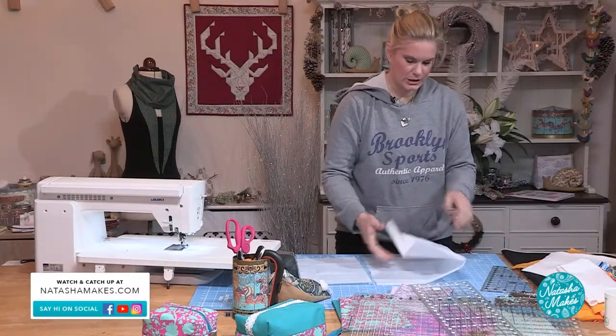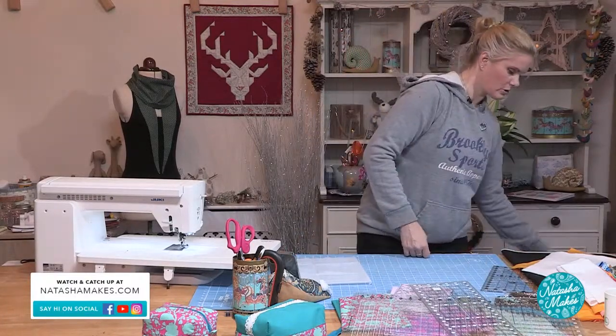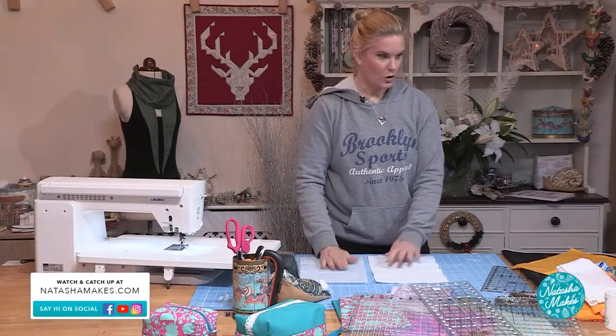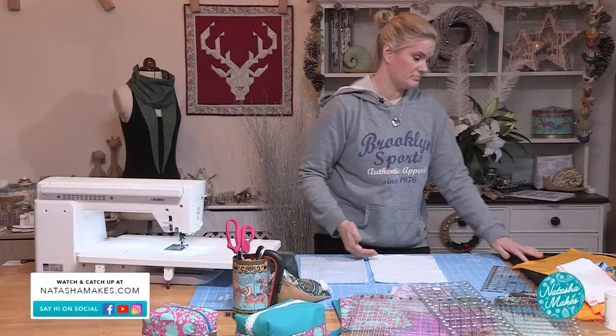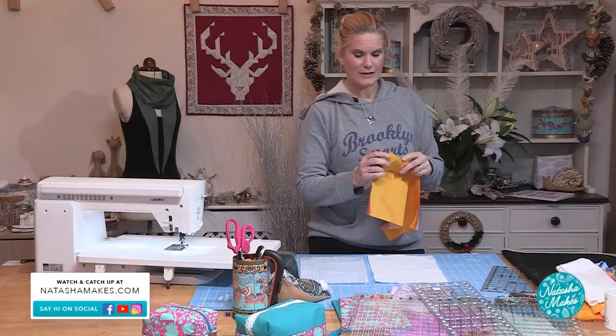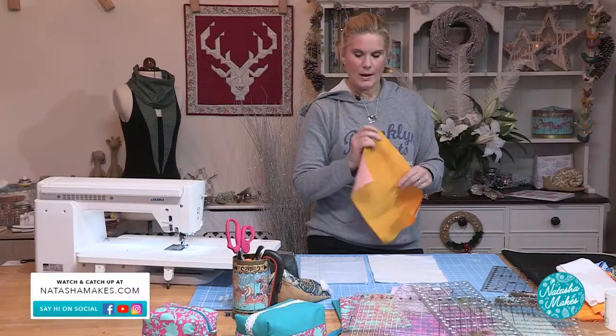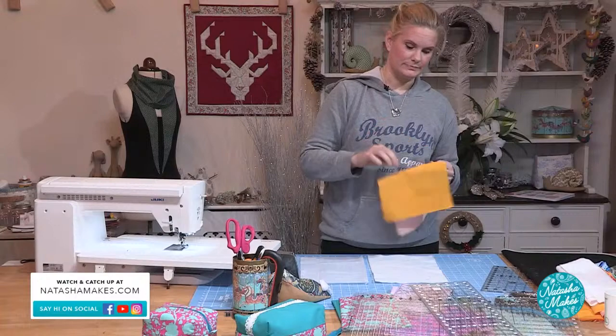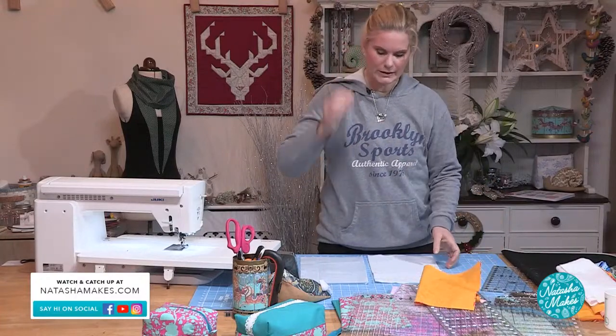So that's what I'm going to use. That goes back into the scrap box. They are my 2 pieces of interfacing. So I've got fusible fleece and then I've got medium weight interfacing. I would go the medium weight interfacing on your lining. But this is what we're going to do. Depending on the size of this, we're going to